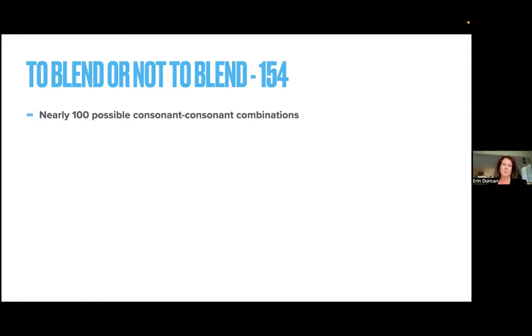And one thing to keep in mind is that, wow, there are just a lot of combinations. When you add them up, there are nearly 100 possible consonant-consonant combinations. And the funny thing about kids is if you work with something with them, then they get the idea that they're supposed to remember it, right?